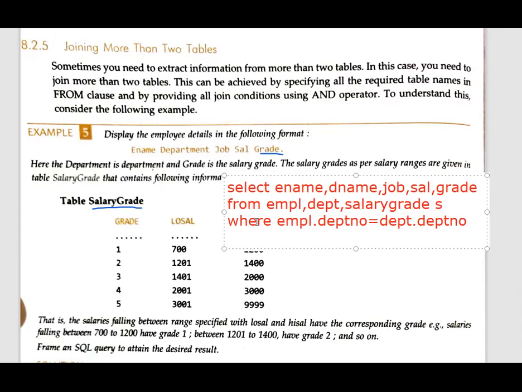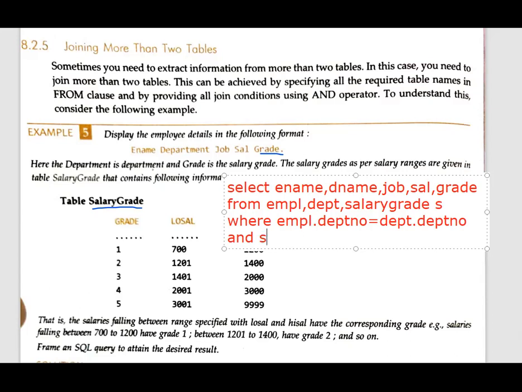Then after that, all the other conditions with and. Now in the and, what extra thing was given over here? Here the department is department and the grade is salary grade. The salary grade is shown to you. So ultimately you have to check the salary. If the salary is between low salary and high salary, then you have to print that particular grade.